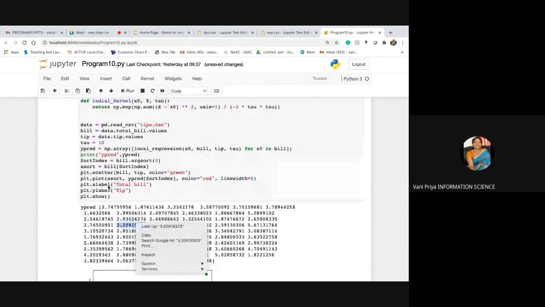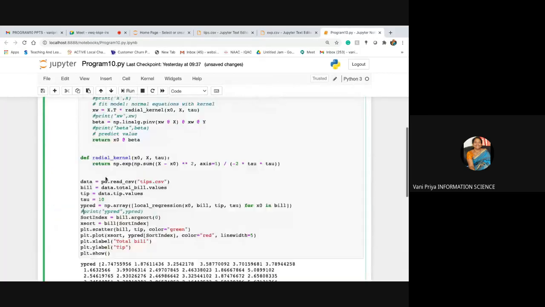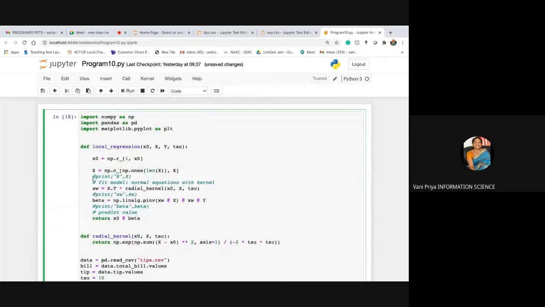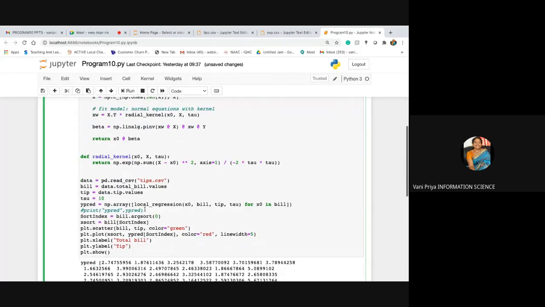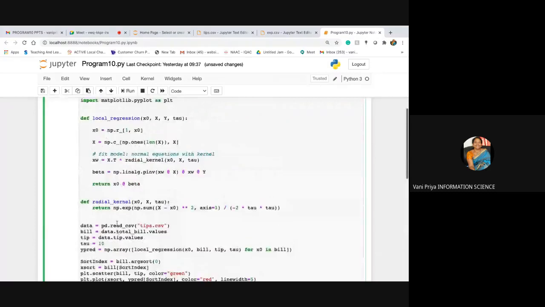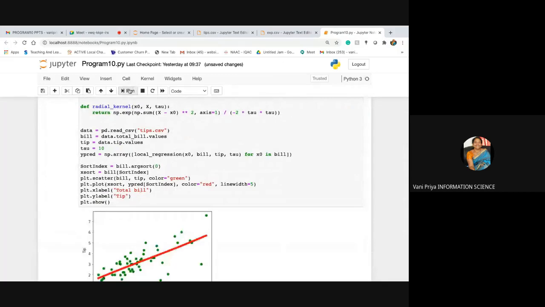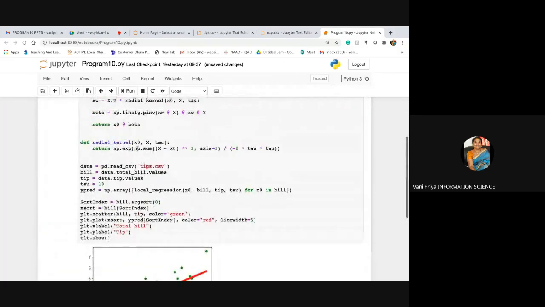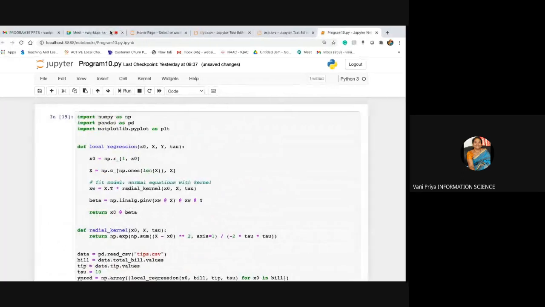Here Y prediction, we can make it a comment. There is no need to have all these print statements. I used these print statements only to make you understand what each and every statement is doing. Otherwise, your program contains only these many lines. I hope, yeah, so this is the graph. That's it, this is the only program. Let me go back to the slides.